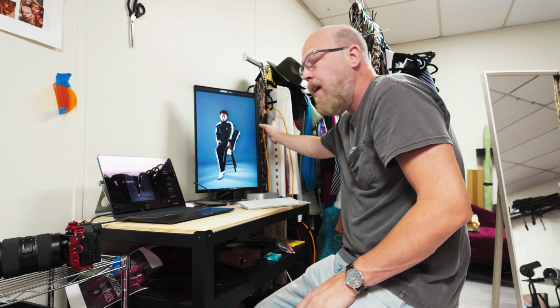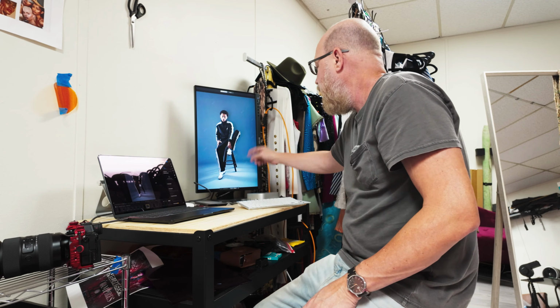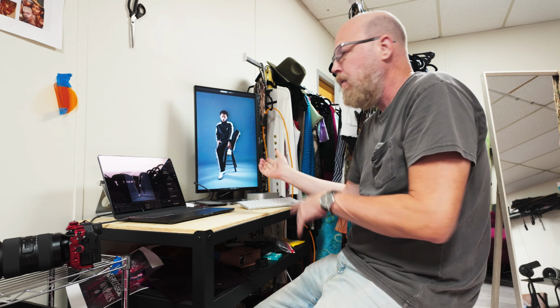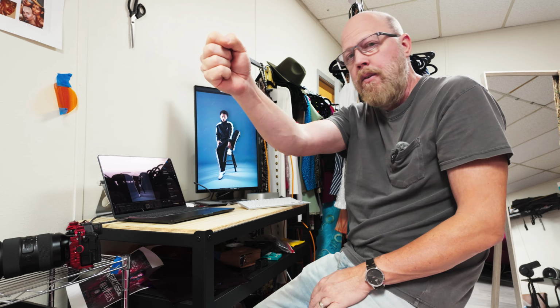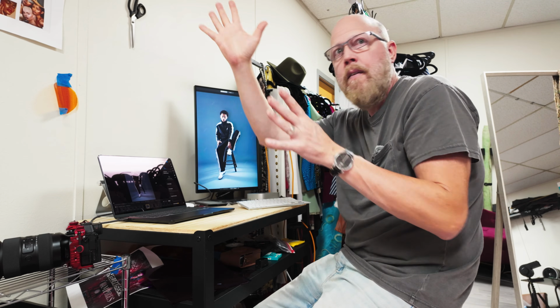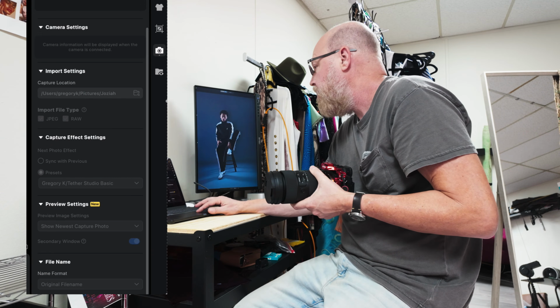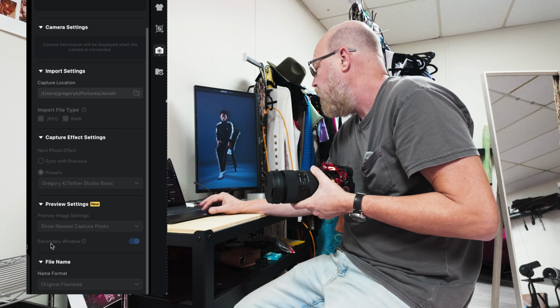So I can actually take this monitor and I could mount it on a stand, and as long as I've got long enough cables, put the stand anywhere that I want to and have the monitor right here for display, right? So again, in order to have this secondary window on,